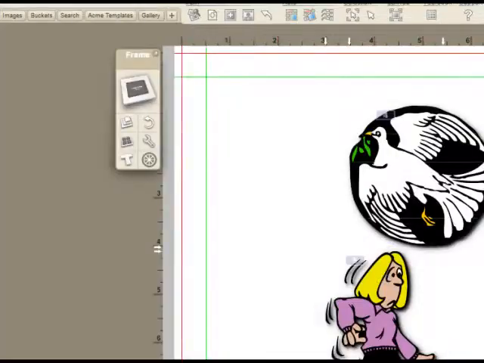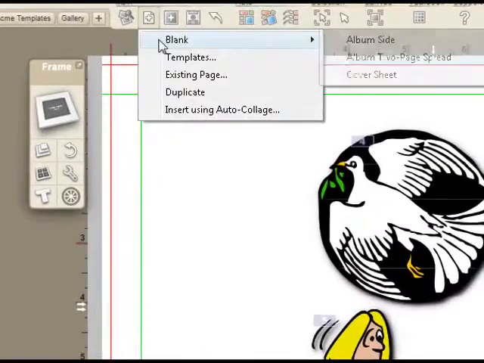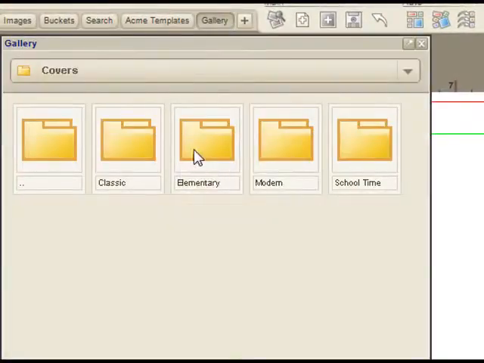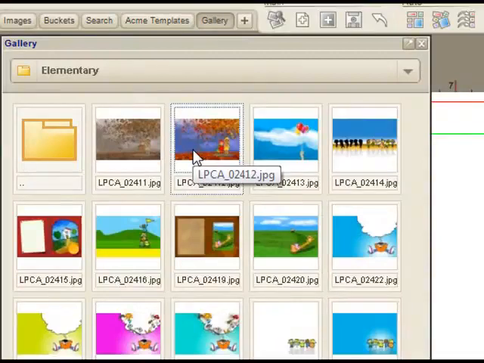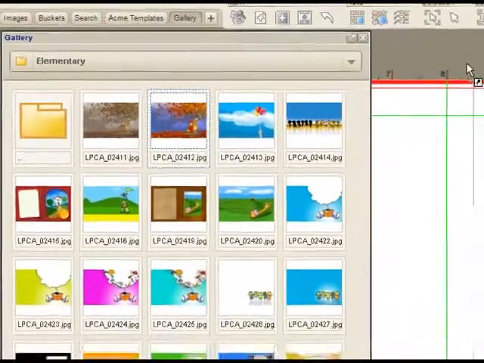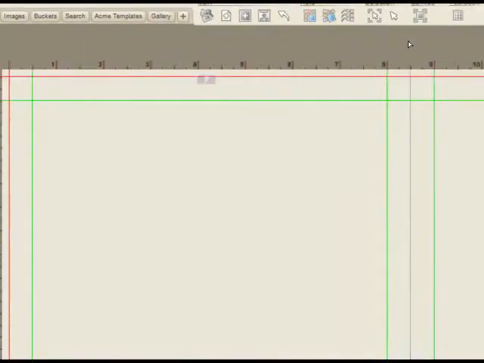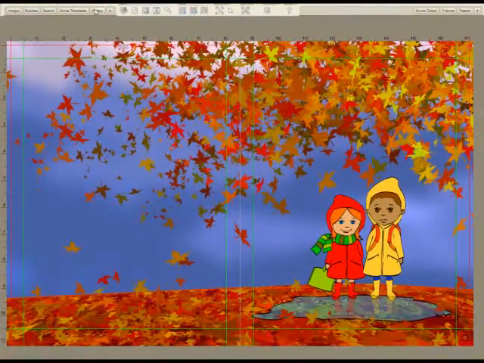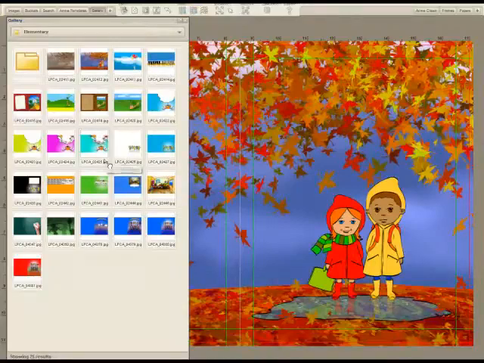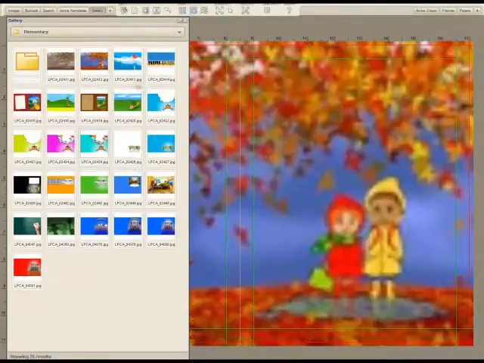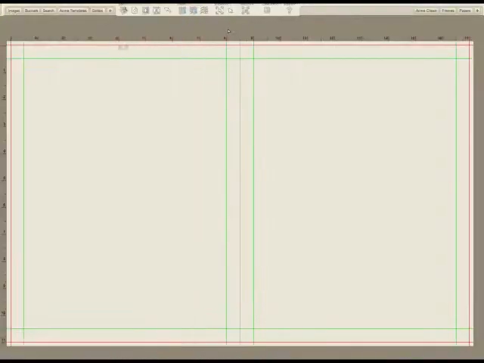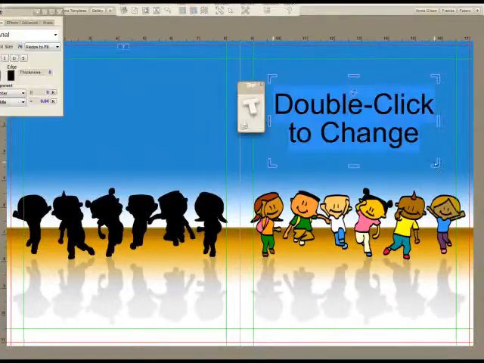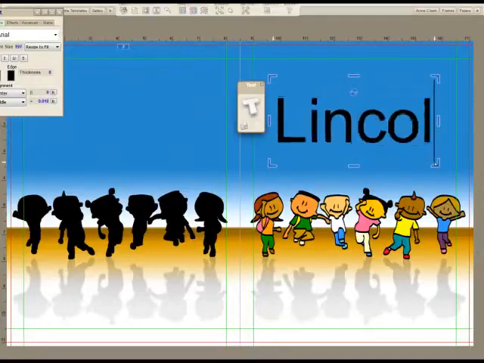Of course they need to be applied to a cover page, and so I'll create a new blank cover sheet, and then back in the gallery I'll choose, let's say in the elementary section, let's go with this one. I'll just drag it and drop it to the outside, and it will be downloaded and applied to the background of the entire page. And if you want to try a different one out, let's go with this one, drag and drop it, and it will be applied as the background, and then you're free to add, for example, the school name like this,